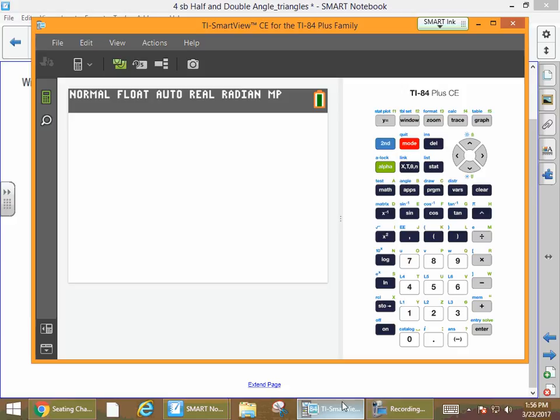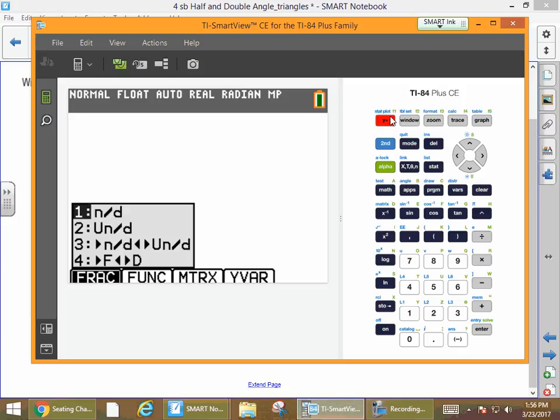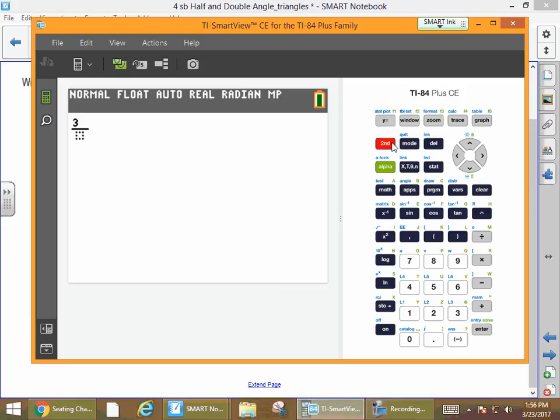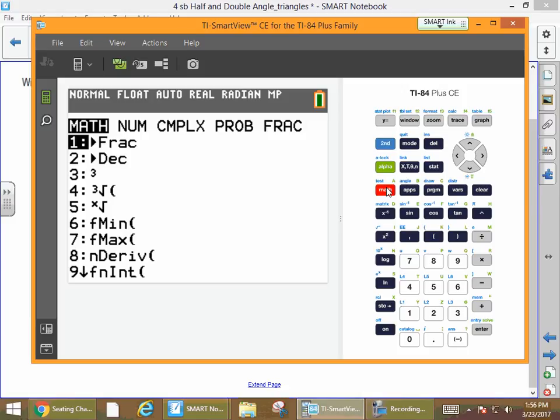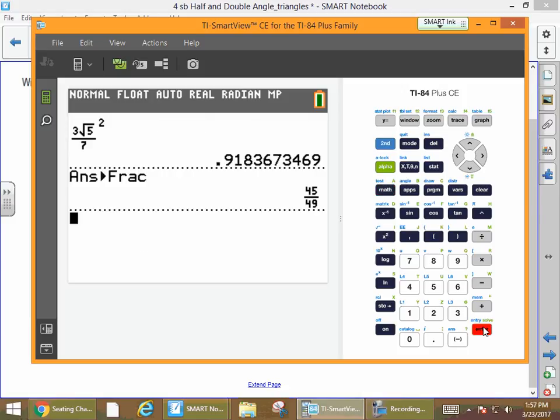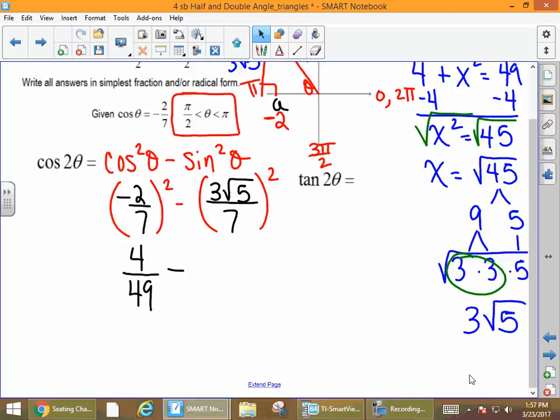If we type in 3 square root of 5 divided by 7. And then I wish I would have put parentheses in there. It will still work here. But I'm going to put the squared on there. And so we get this big long decimal, which isn't very helpful. But if you go to math, enter, and enter, we should get a fraction, which is what we want, because we want to put our answer in simplest fraction form or simplest radical form. So again, our calculator will calculate that value, and we get